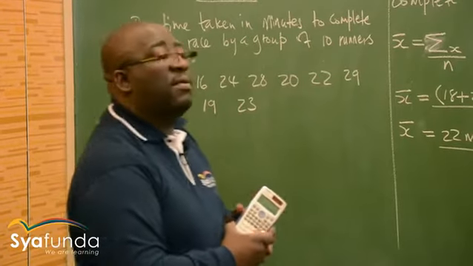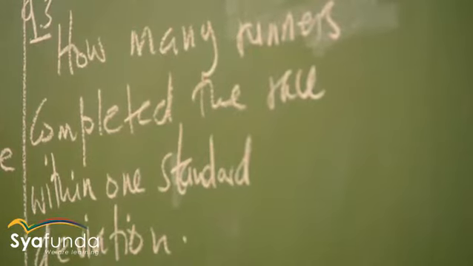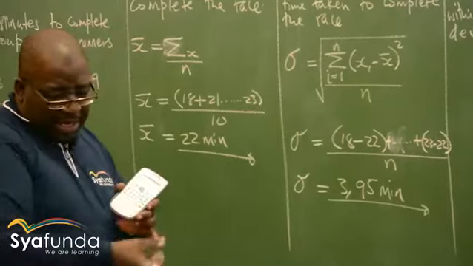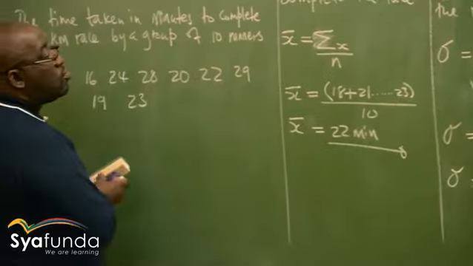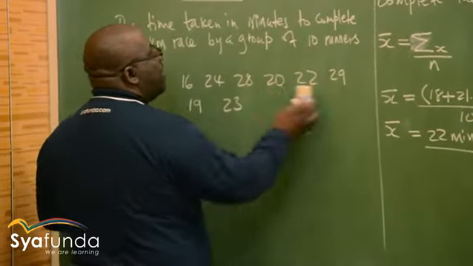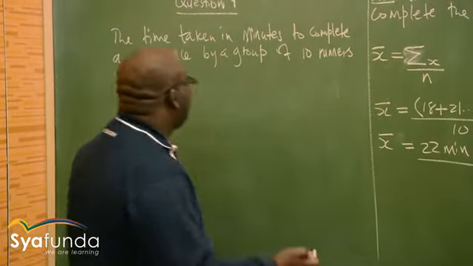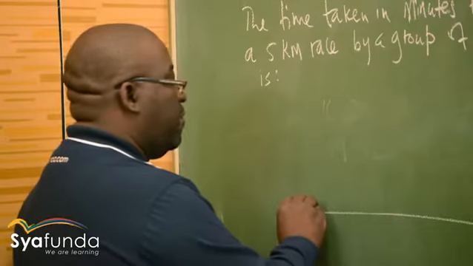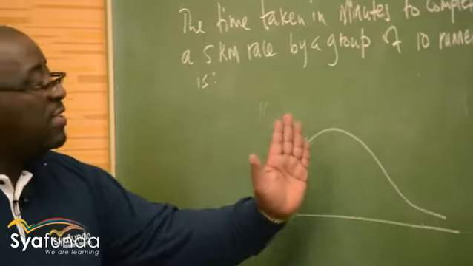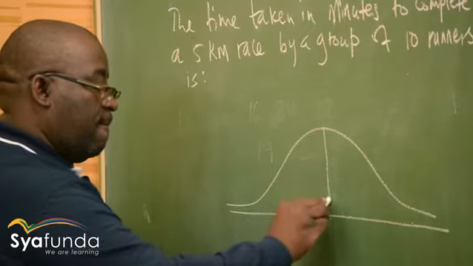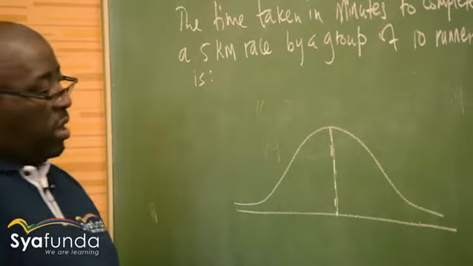Right, the last one. This one usually comes out more often in our exams. It says how many runners completed the race within one standard deviation. What do you mean by that? Let me just do it to this side first. If I have something, let me just take this out because I've got it. Normally, this is what we call a normal distribution curve. This is the negative part. If this is my mean, just do it in dotted lines. If this is my mean, we are saying